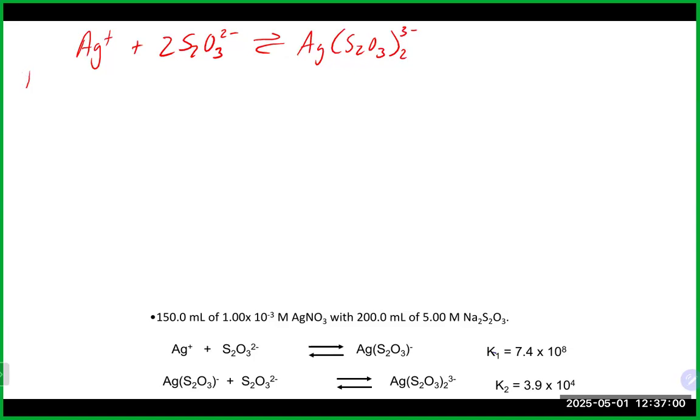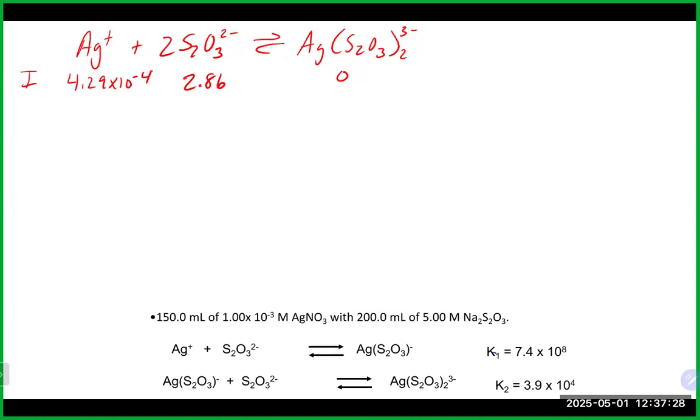We're going to do our ice table. So we're going to use the concentrations we just calculated. That was 4.29 times 10 to the minus 4 for this one, 2.86 for this one, and 0 for this one. Since this is our complex ion formation and our Kf value, which as we calculated was like 10 to the 13th, is a large value,